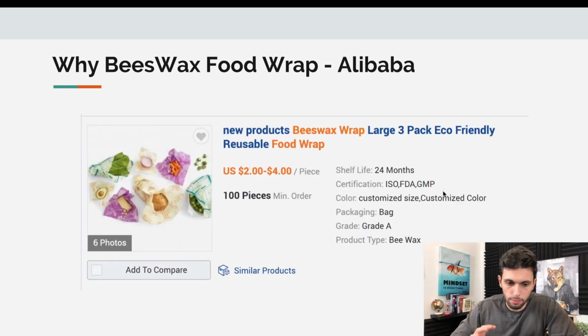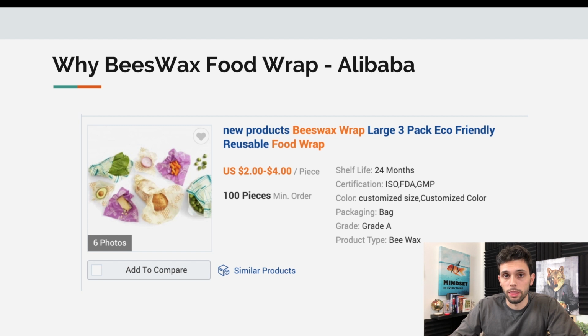All right. So, logical step. The next thing we do is go to Alibaba and check out how much this is going to run me. I found the exact same one that I was looking for just now, about $2 to $4. This is about the price that I was seeing everywhere on Alibaba, the kind of prices that they show. But like most of us know, the prices that they show are clickbait, and they just want you to contact them because then they add a little price here and there. There are just different costs that come up. So that was fine.